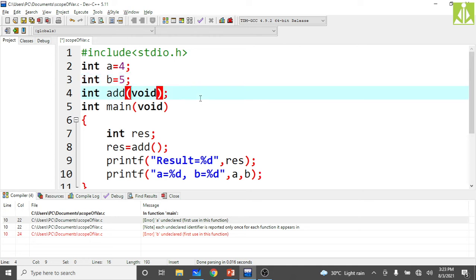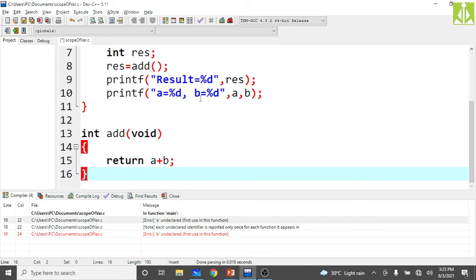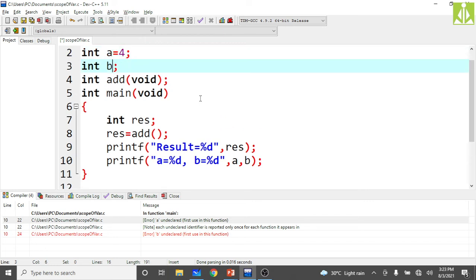Then int main void, the function name we are keeping the same. Or else, shall we do only the declaration here, like this?